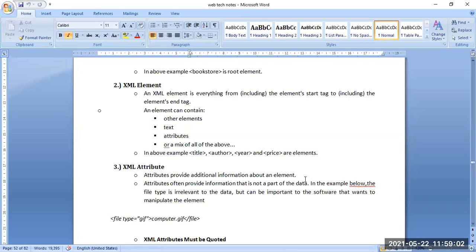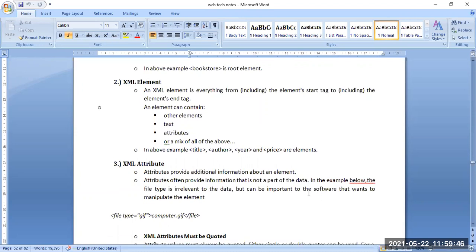The file type extension may be relevant to the user, because if it is an image and we can visualize the image, that is enough for us. What is the format? In most cases we are not checking. It is an image and it is opening, that's enough for us. But for the software that is processing, it may be important information to process the data. This is called additional information for the data that needs to be processed. This is the part of the XML attribute.